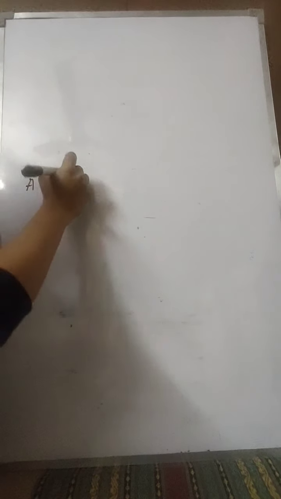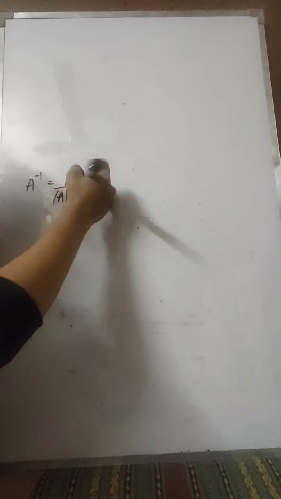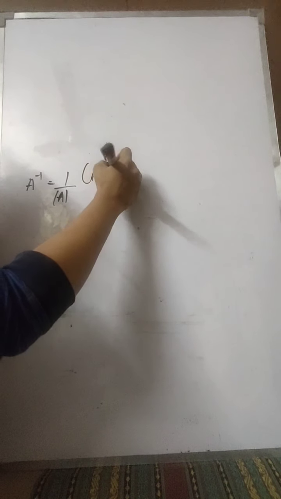Okay, now how do I find the inverse? There is a 6-marker question mostly for adjoint A, that is, calculate A inverse with the help of the determinant. So using the determinant formula, how do we calculate A inverse? A inverse is 1 upon determinant of A into adjoint A.